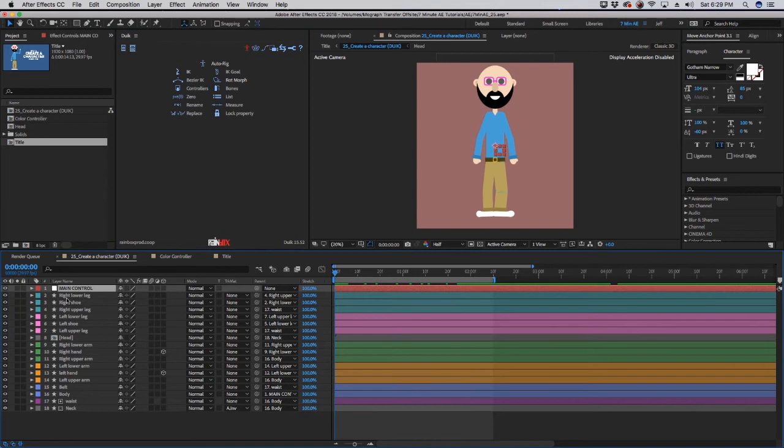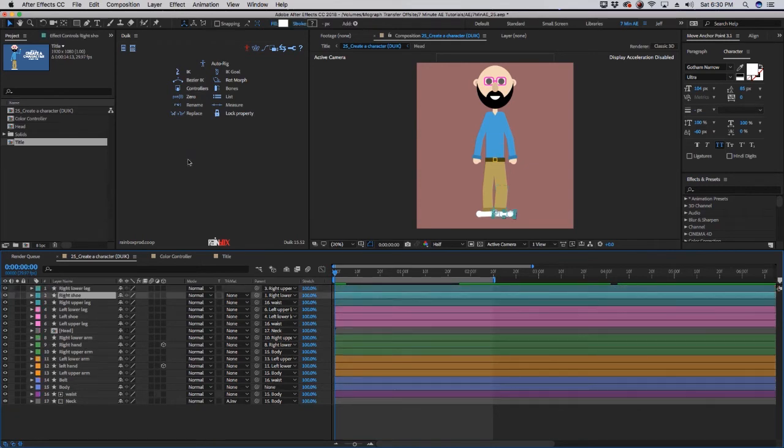Okay, so we have already rigged our character, which is helpful when using DUIK because you would rig the character in the same exact way. Now, DUIK creates some null layers that make character movements a lot easier, so that way you don't have to necessarily adjust each one of these layers independently. First thing, let's get rid of our main control here, because we're not going to need that for DUIK. We're only going to be using a few of these controls with DUIK. The ones we're going to focus on are controllers and IK. As you can see, there are a lot of other options and things you can do with DUIK, but for now, let's just focus on the very bare minimum of what we need to do in order to move this